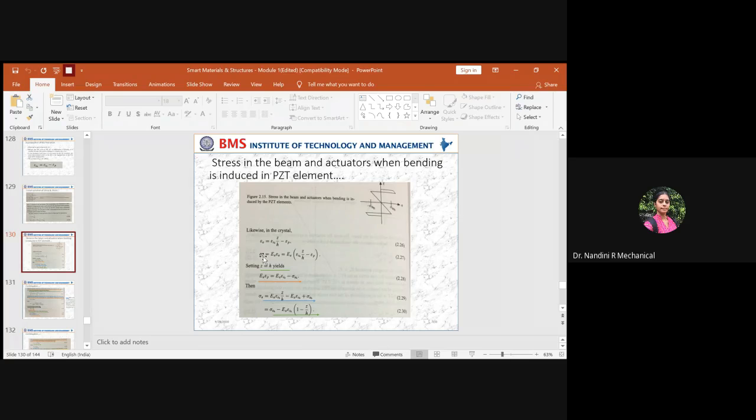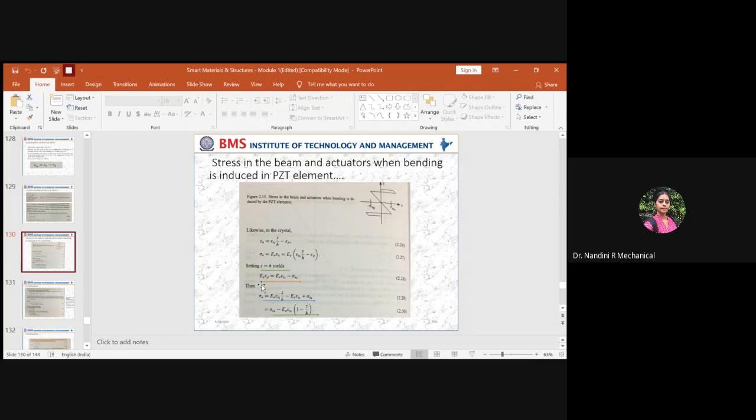So you go back to the equation. The stress across the actuator you will write as it is. Then you will multiply the stress across the actuator by the free strain of the structure, removing the bracket. You will get E suffix A times the strain across the structure. In the bracket, you will write Z by H. The minus sign you will retain as it is. Then you will multiply the stress across the actuator by the free strain. That value you have derived as what?